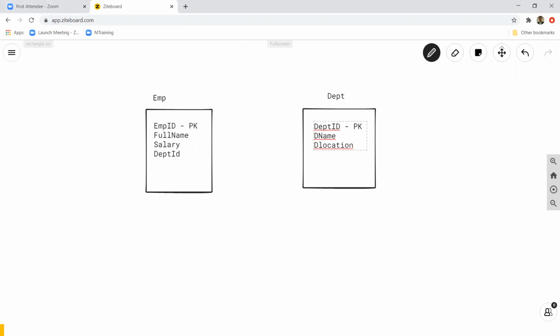These are the three columns for this table. Now this department ID from the employee table will be defined as a foreign key, and will be referencing the primary key of the department ID. So what does that mean? You can see here, the employee table has 4 columns, employee ID is the primary key, fine. And it can have some table data, right?